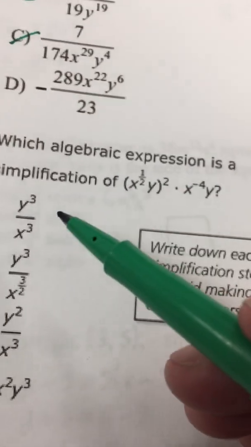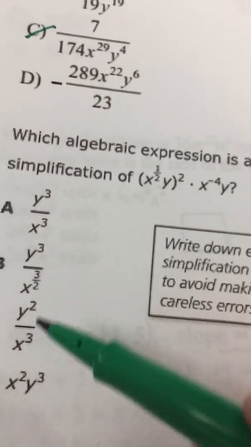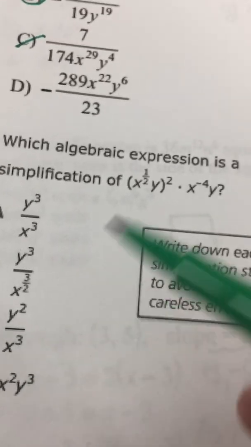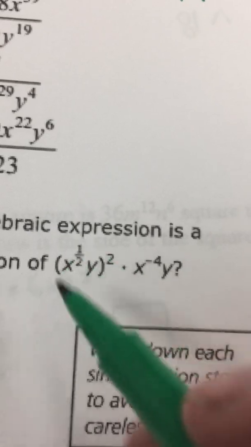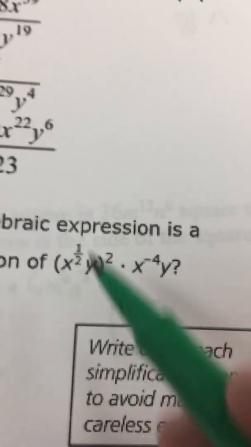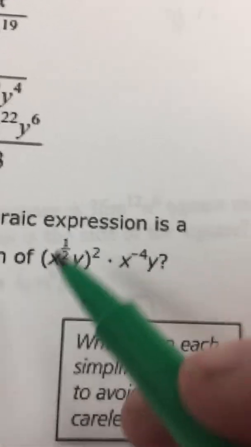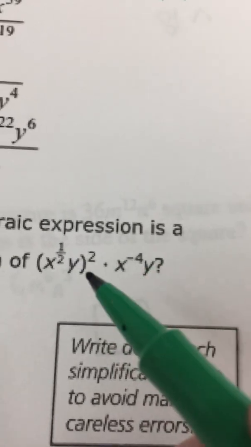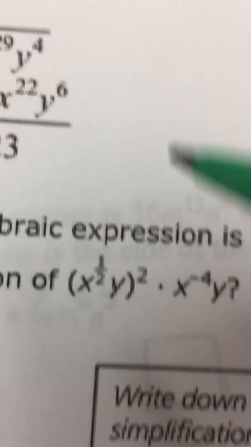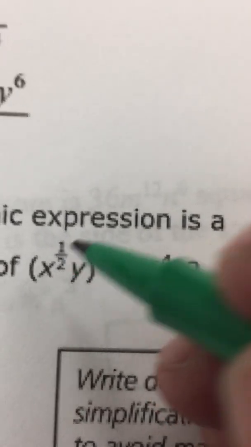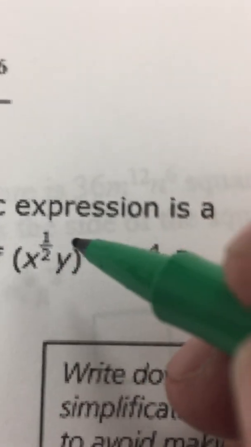And I'm going to check the y's real quick. I got y cubed on top, y cubed on top. Yeah, it looks like I'm going to have to do both of them either way. So let's just do one at a time. Well, I'm just going to do the power thing first here, just to do powers first before I do multiplication. I always do powers first if you have a bunch of things to choose from. So my power rule says, remember parentheses with an exponent outside, multiply the exponents together. Outside 1 times inside. So do not forget, it's the 2 times everything, 2 times 1/2, and 2 times the